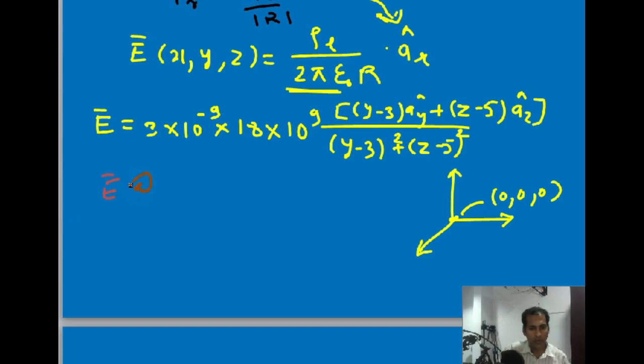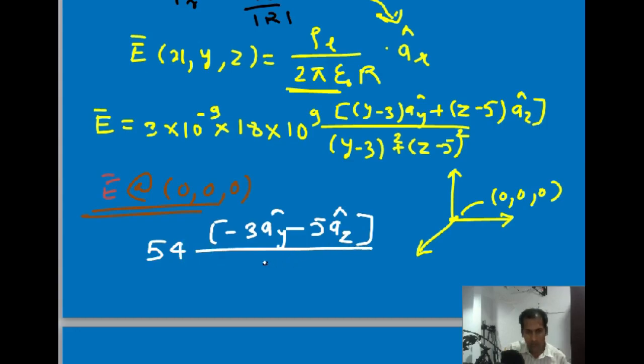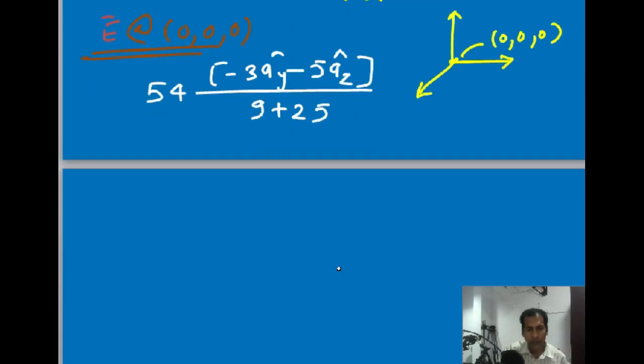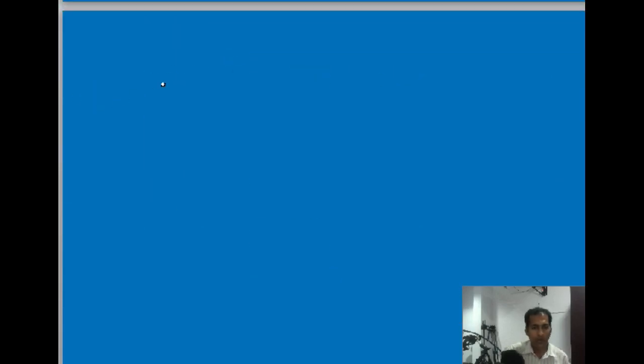Say E bar at 0, 0, 0. So first let us calculate this one. Let us put the values. We will get 54 minus 3 AY cap minus 5 AZ cap divided by 9 plus 25. So if we solve this value, we will get